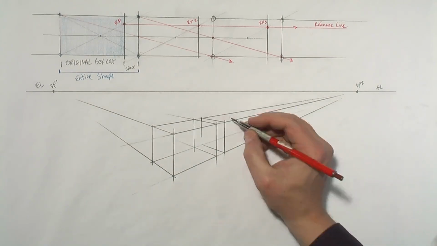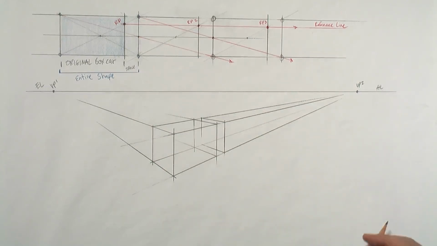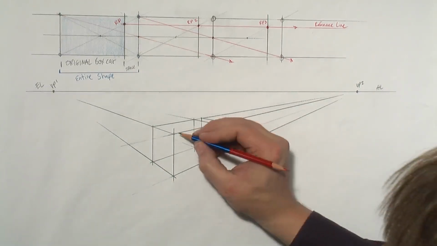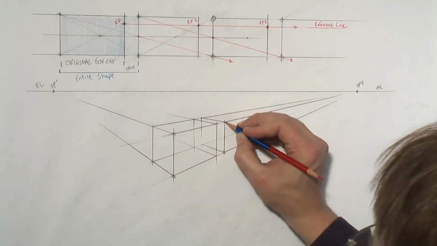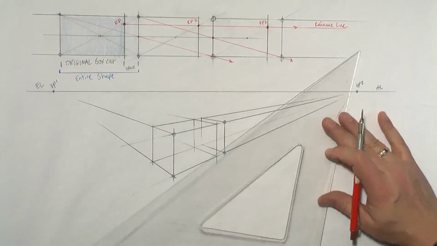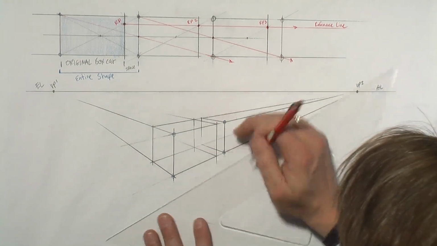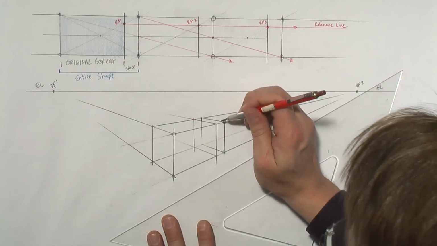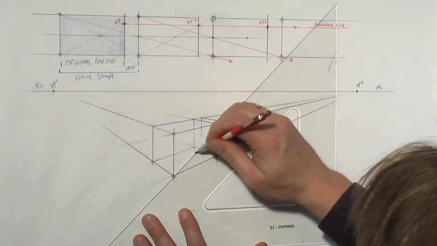All right, so we consider this entire thing the first shape. So we'll do the same exact moves we did. We're considering from here to here, and to here, and to here, the first shape. So I'll lightly X that off because I need to get my middle line. This isn't our middle line yet. That's just the bottom seam of the boxcar. So what I'll do is I'm going to X this off